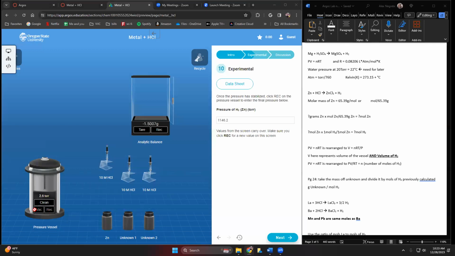And you'll notice there's not even anything you can do here. The only option you have is to clean, like the record and the vacuum button are just in red. So there's really nothing else you can do here. But once this is prepared, once this is stable, you'll see 3.2 torr. We're going to take one of these here. Oh, wait, actually, we need the initial pressure. Our initial pressure,